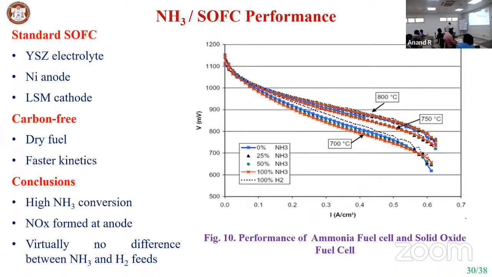Different materials they have tried, at different temperatures. The current density is given. So you can see here voltage corresponding to the current density. You can see at high temperature, the current density is going to be higher. The conversion efficiency is also going to be higher at high temperature. Right. So ultimately you can see here when you go for a high conversion of